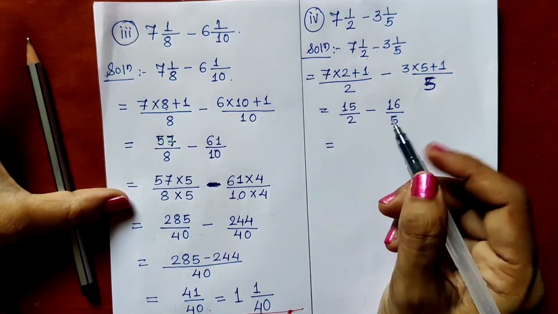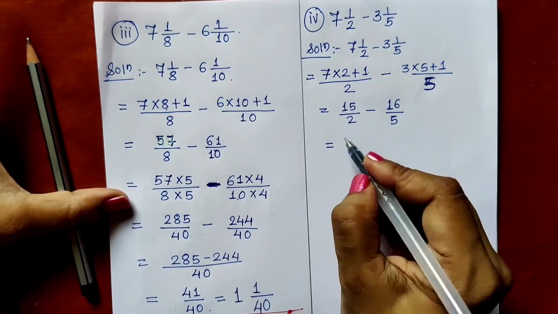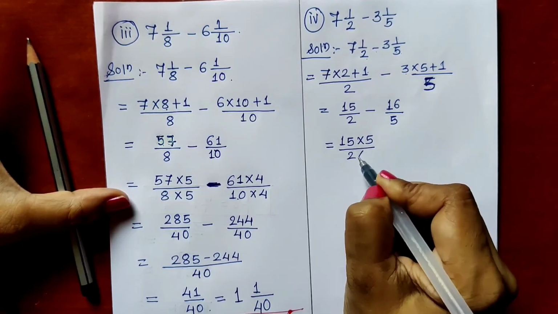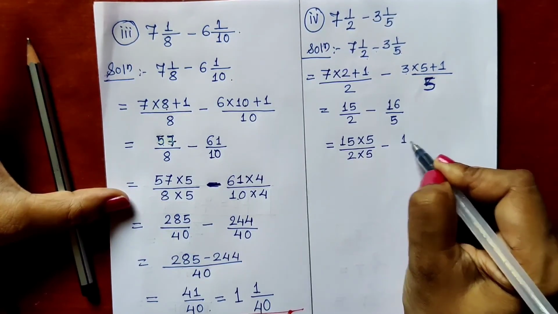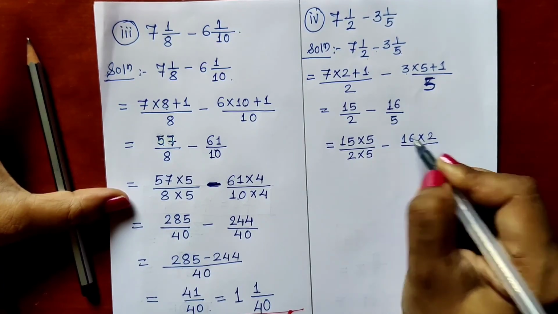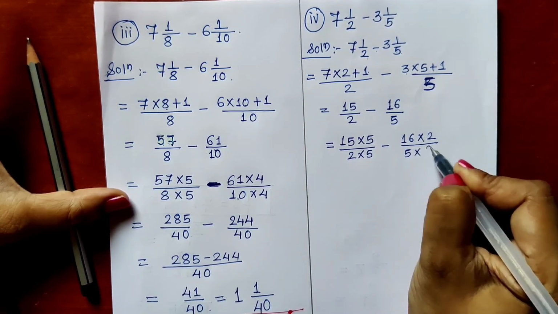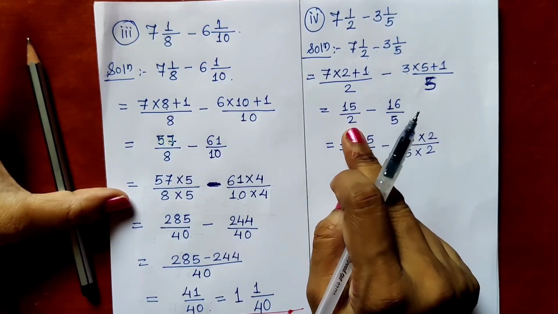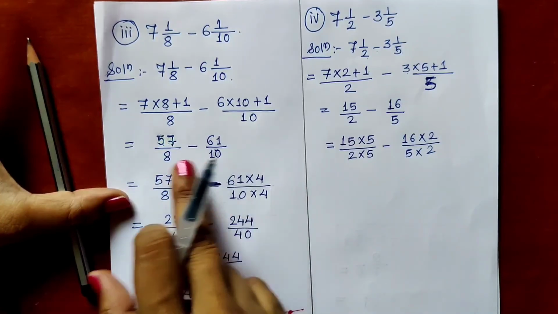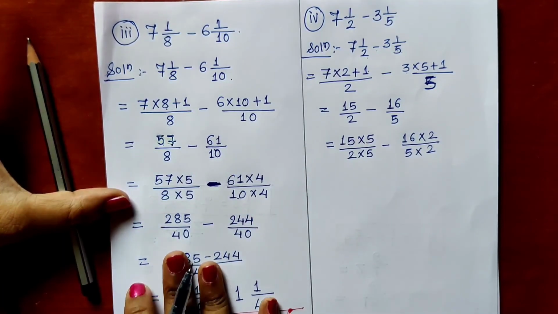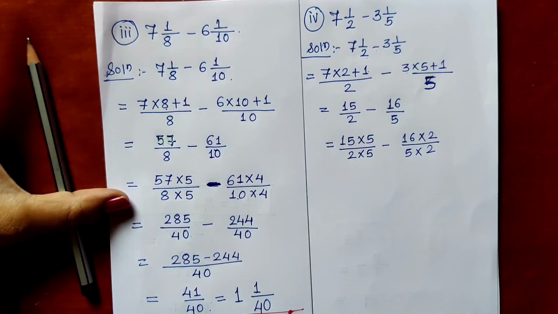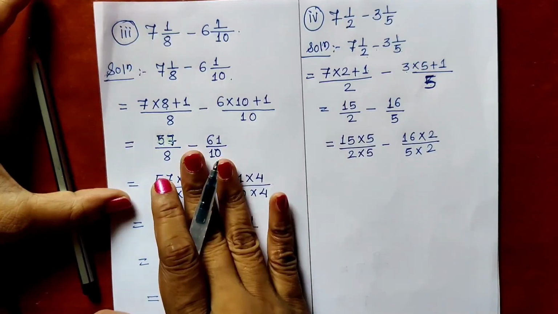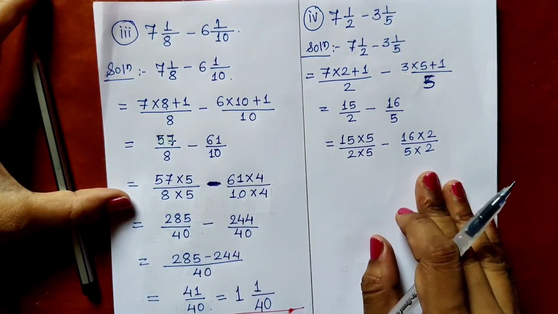Now what should be done? We have to equalize the denominators. So first fraction multiply by 5, 2 into 5. Second fraction multiply by 2. These are the small numbers. So we can directly multiply first fraction by denominator of second and second fraction by denominator of first. But when the numbers are very big like this in the third sum, you have to find the other numbers by which if you multiply, you will get the equal denominators. So here we can use other method, but here the method will be same.